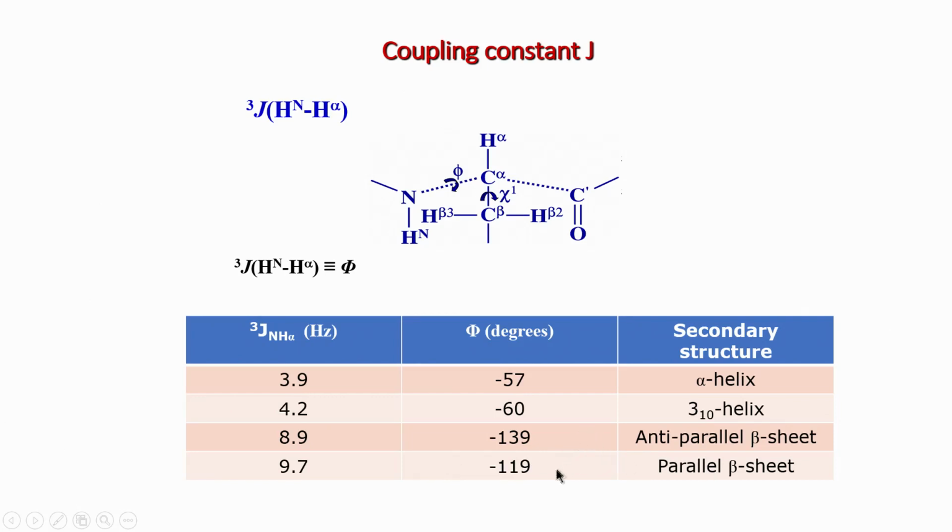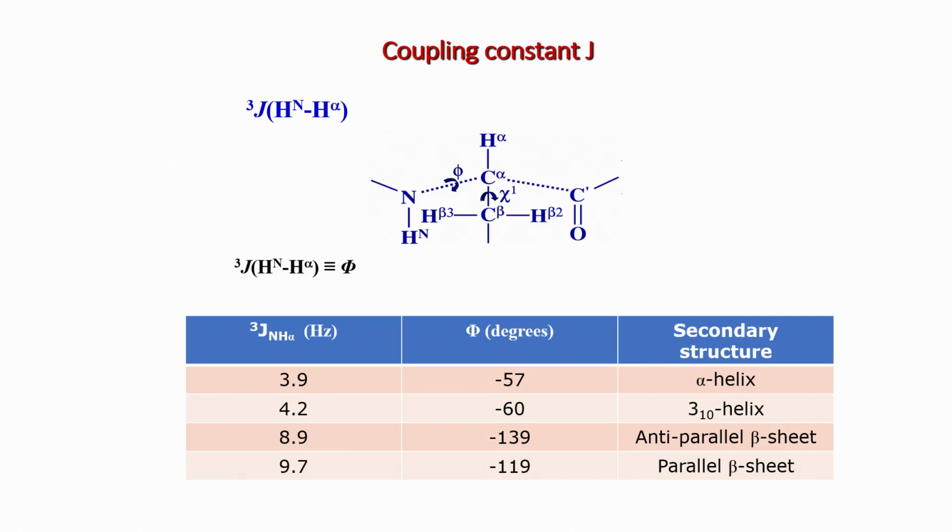And these are the typical phi values known in the literature based on the 3-dimensional structure of proteins. This is based on high resolution X-ray structures. People know what the average phi value would be for an alpha helix and so on, that is shown here, and it is correlated with the J coupling values. This also follows the Karplus equation which I showed in the previous slide.